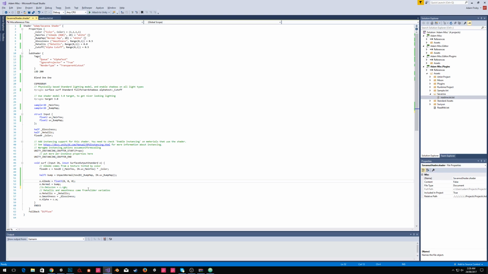And what we did a second ago with the emission values was actually switch how lighting works. So when we first talked about lighting back in the first masterclass, I mentioned that lighting comes from a combination of factors. It comes from the base environment lighting, actual lights, so the environment, then the lights, then probes, then reflections, and a few other things. One of the last ones is actually emission. So each object can emit light on its own. Now if you use it in the standard shader with the emission checkbox, it'll turn on and emit light. So if we go back to how this was a second ago,